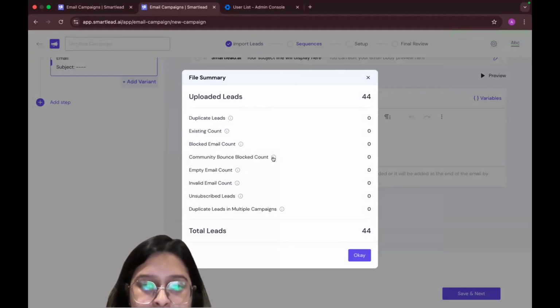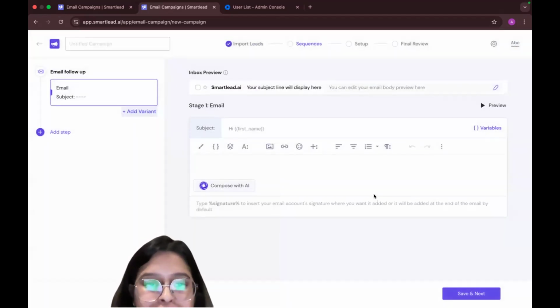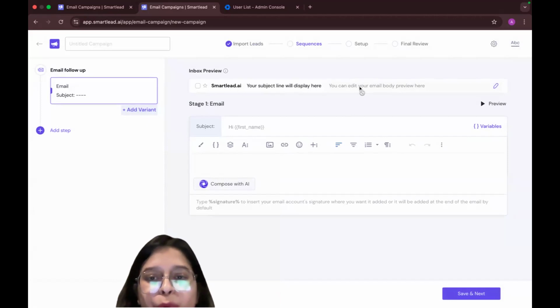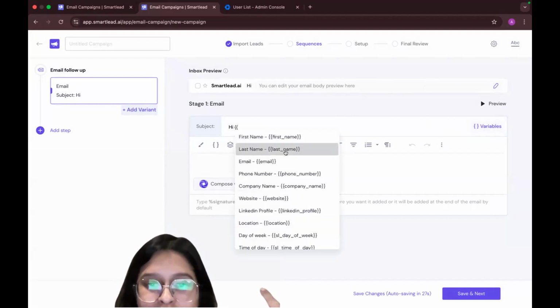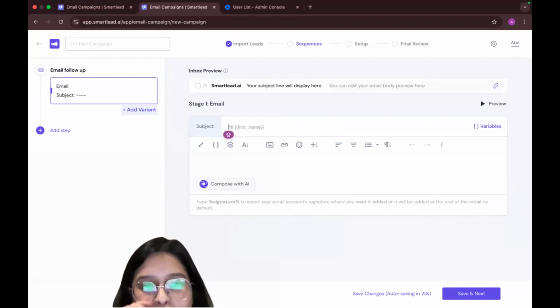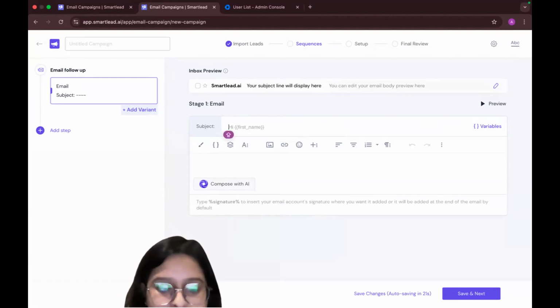Empty email count, community bounce blocked count, everything is good here. Now here we can put our email subject line or something. Let's say that if you want to have their first name or something, you can apply. But in my CSV, there's no first name here. So I would give some email copy like,